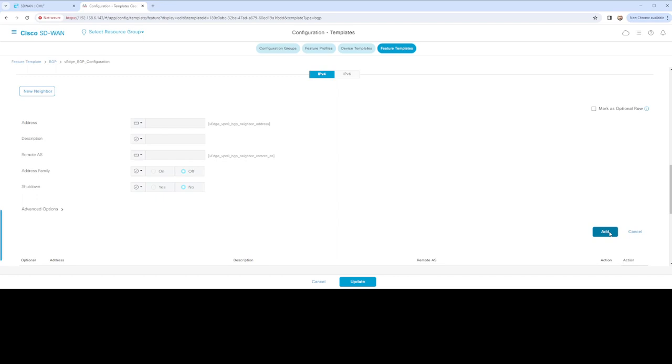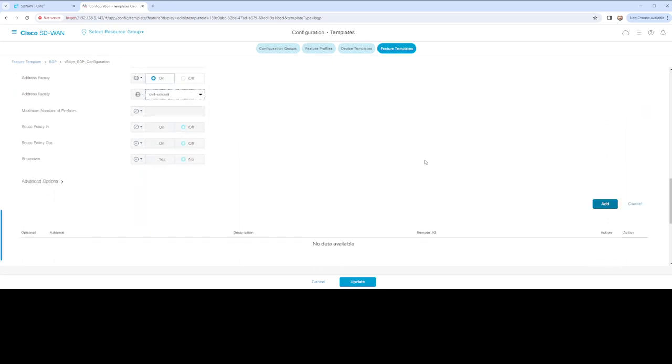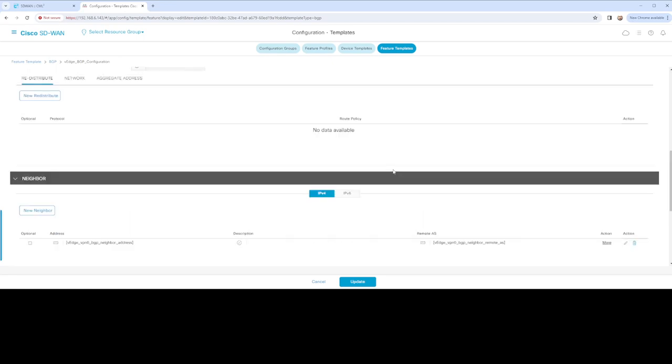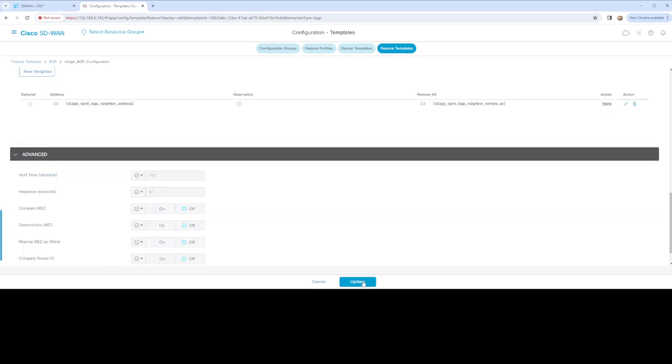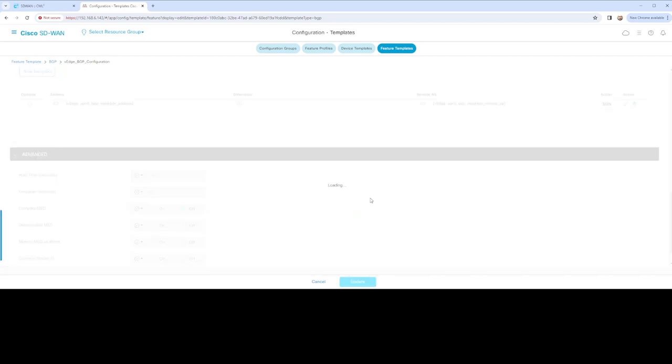Okay, this is where you added. I didn't do that. Address family we wanted to do, and that's gonna be IPv4 unicast. That was the idea. Then we're gonna add. I think that's what I missed last time. It's gonna come in and add this. Then I'm gonna update. Well, honestly,